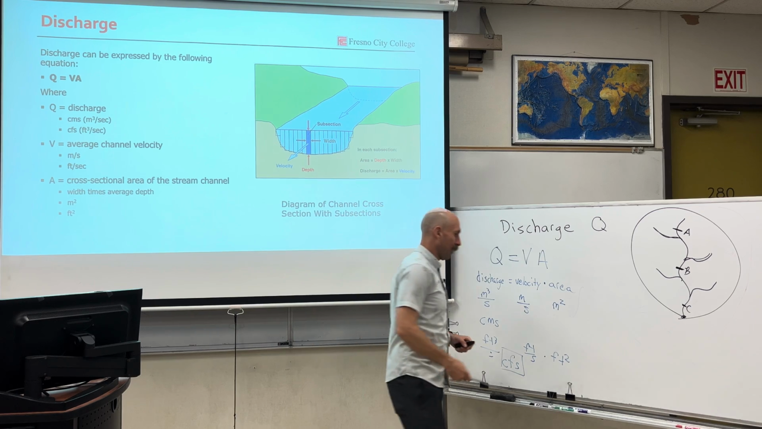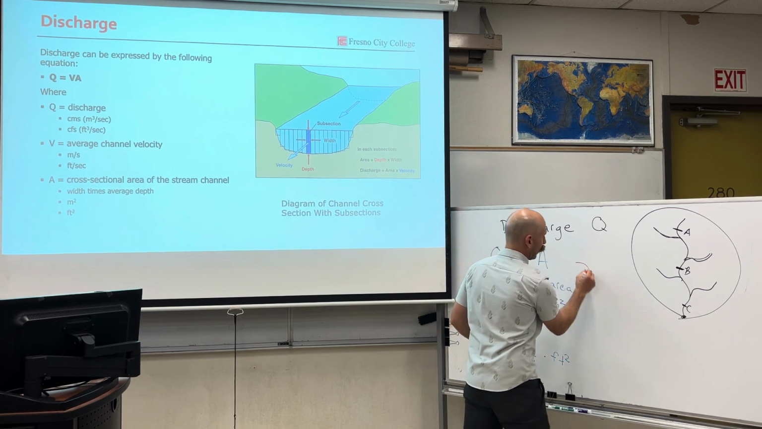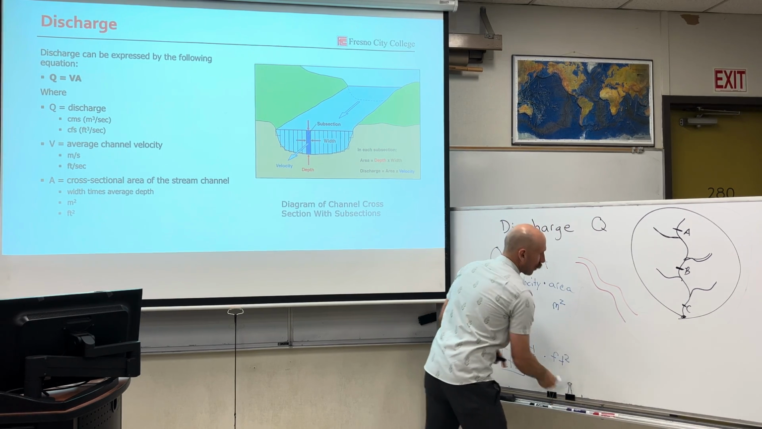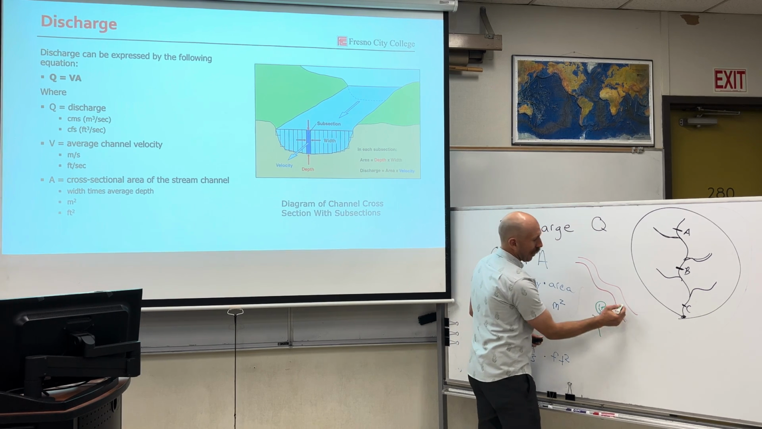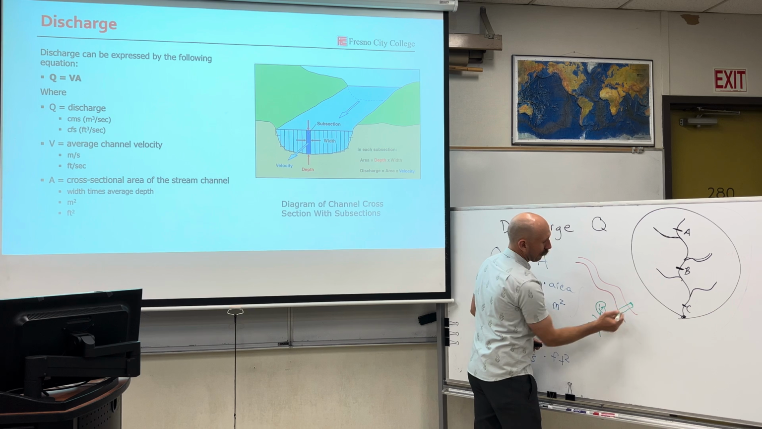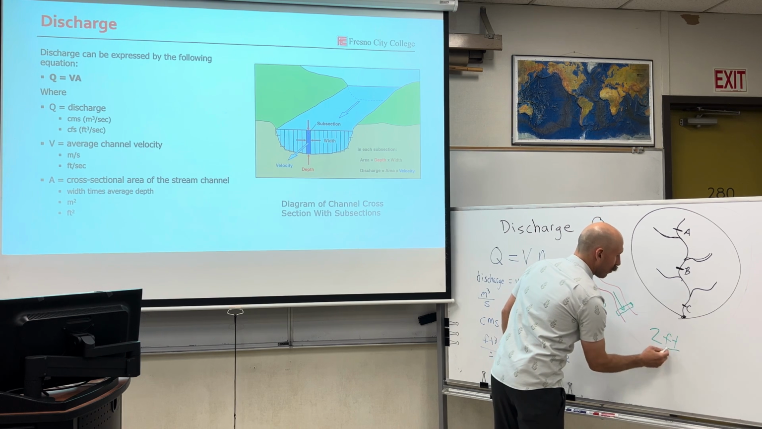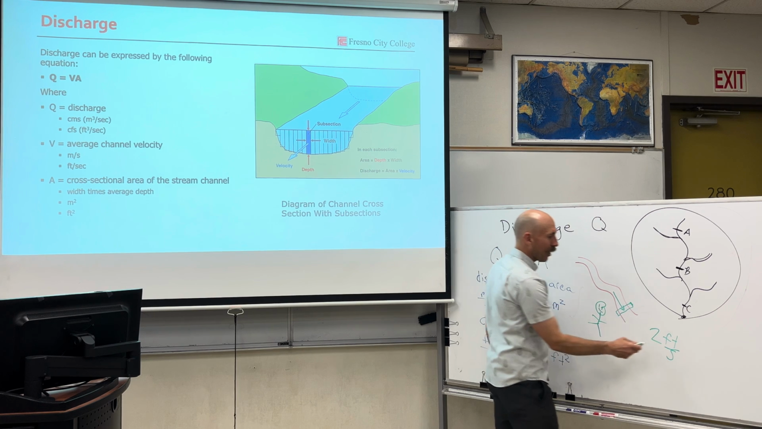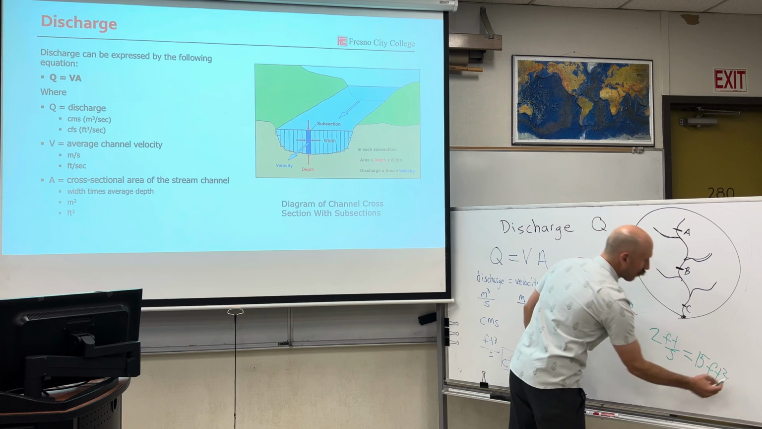In fact, I want to stay here. So let's say we've got a river and a geologist comes out. Hey, look, it's me. And measures a cross section across the river. So if the velocity passing through is 2 feet per second, and the area of this channel, we'll say, is 15 feet squared,